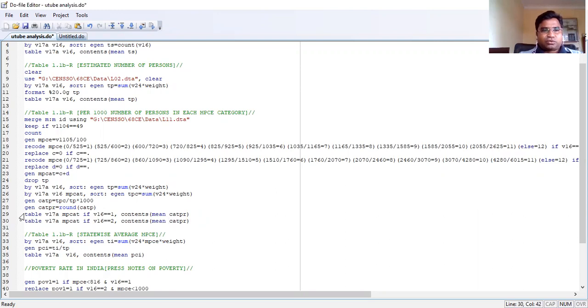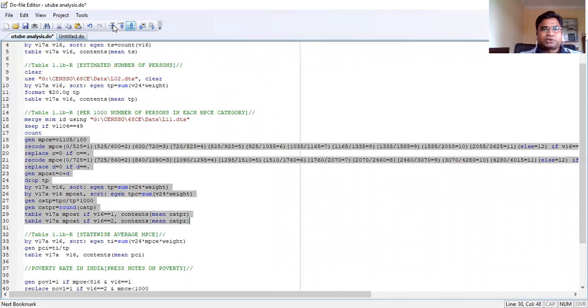I just want to know by rural, by state, and then MP category, that is my per capita consumption category, if it is V16, that is only for rural areas, contents mean cat peer, right? That's what we have generated here. So let's now run this set of comments and see what comes up.